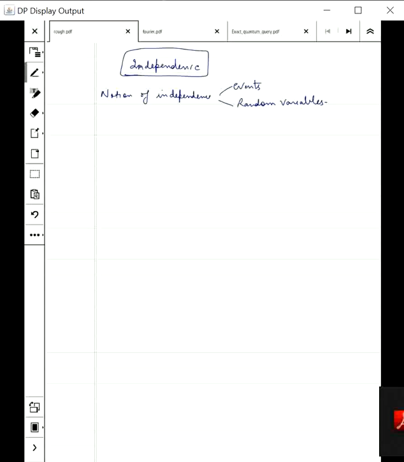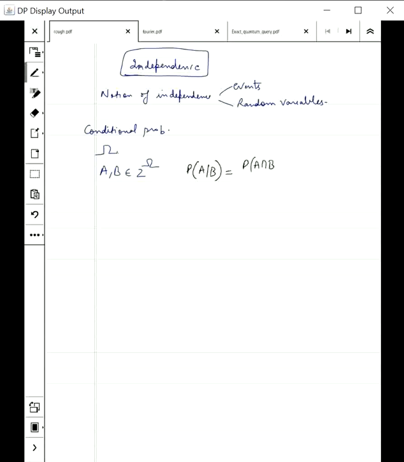So before we start the concept of independence, which you have seen before, I just want to remind you about the conditional probability definition. Suppose you have a sample space omega, two events A and B, which should be elements of the power set of omega. It could be a sigma field, but let's just assume that 2 to the omega is the set of all interesting events. If this is the case, then probability of A given B is defined to be probability of A intersection B